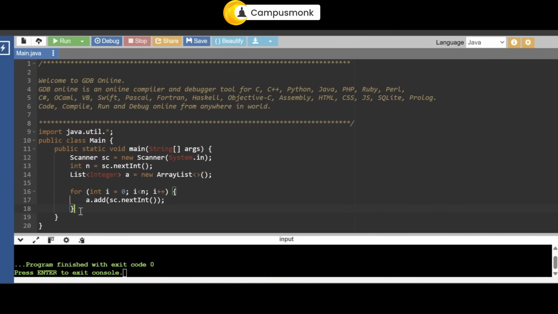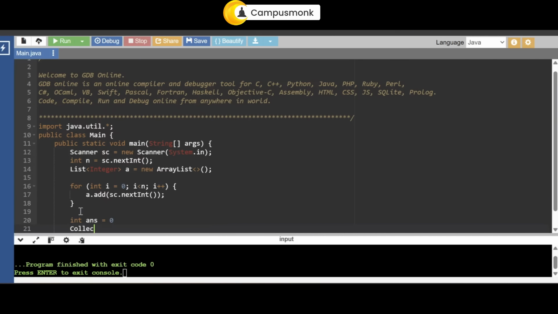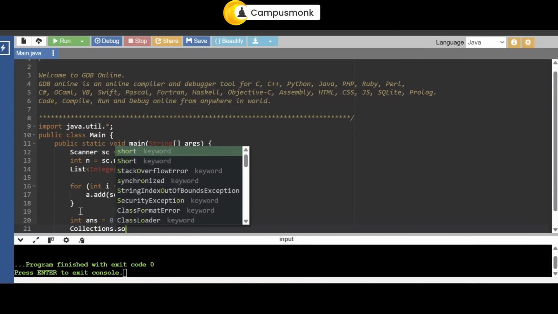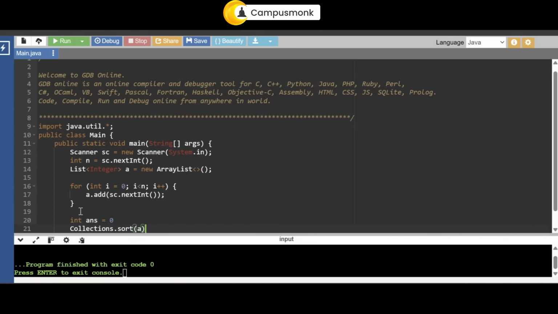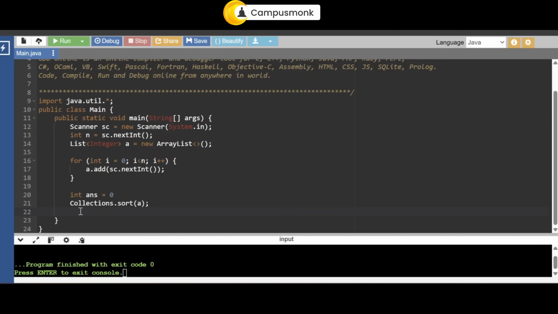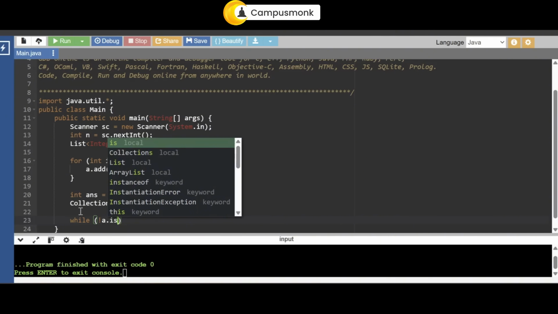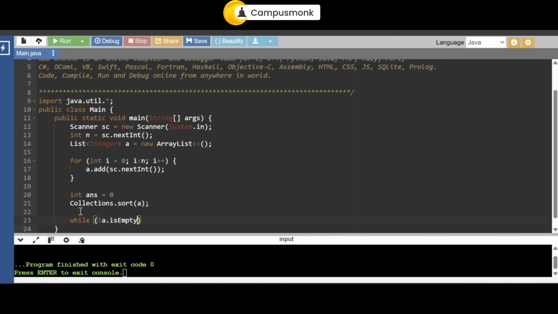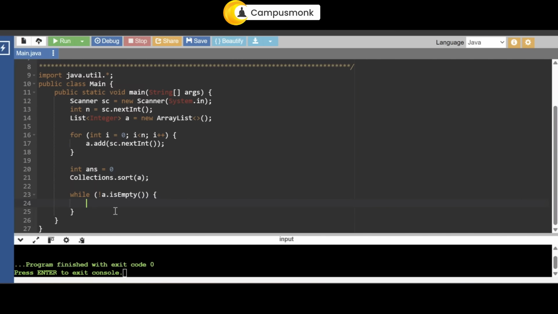Okay, so once this is done, you're out of this loop, and then you're going to initialize your answer to say 0, and we'll use the sort. So we'll take Collections.sort and use a. And once this is done, now we are running the actual while loop, that is till your a is not empty. So we're going to just check not isEmpty. Okay, so till that time we are going to run this loop. And what will your loop have? So it's basically going to check if a.get(0)